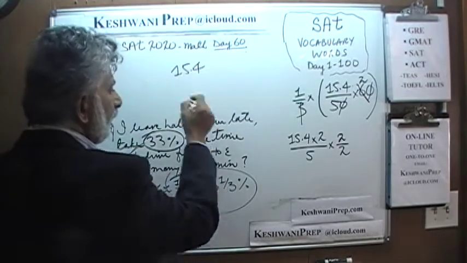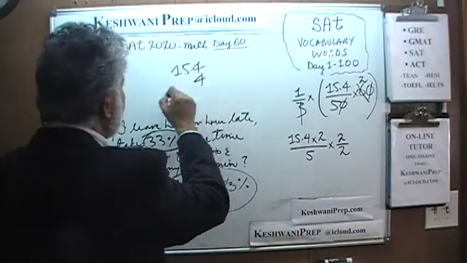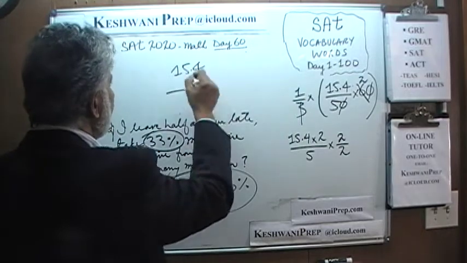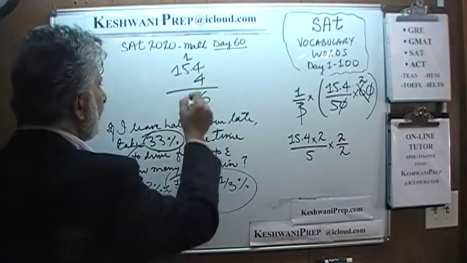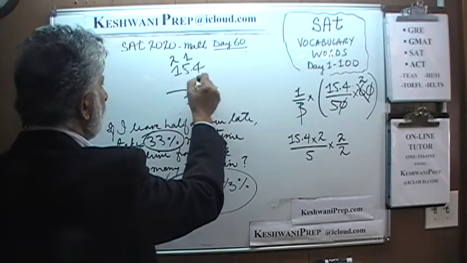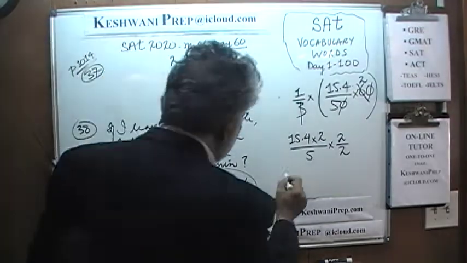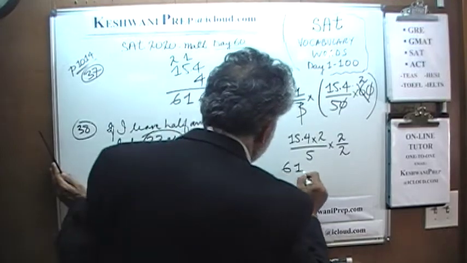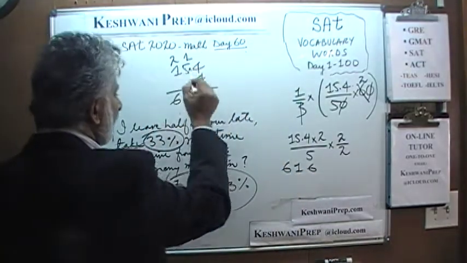15.4, 2 times 2 is 4. We're almost there. 16, carry 1. 5 times 4 is 20. 20 plus 1 is 21. 2, 1, carry 2. 5 times 4 plus 6 comes out to be 6, 1, 6. But keep in mind it is 15 point something, so it is